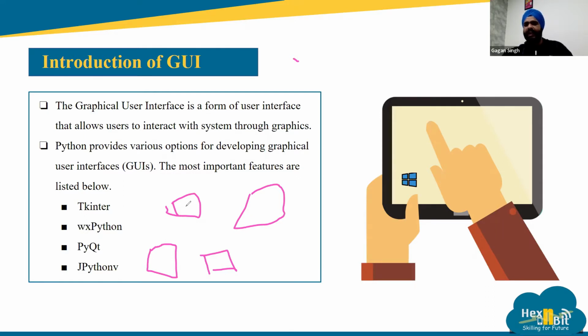One can easily access a computer these days, but if we talk about Linux-based systems, in the past we needed to write a command for each and everything, so it was quite a hectic task for a normal individual who is not from a technical background. So that's why we need GUI. Some important features of GUI: it should be self-explanatory. For example, we have seen ATM machines and mobile phones.